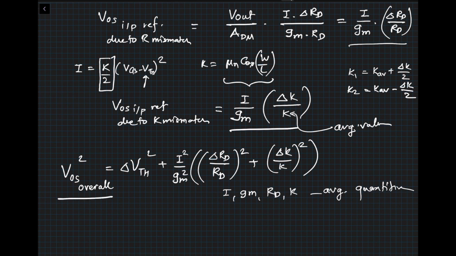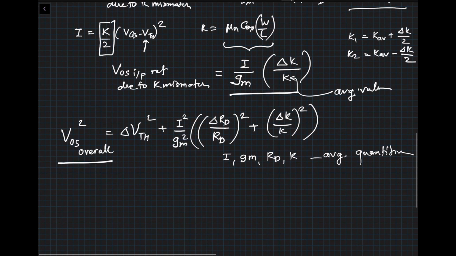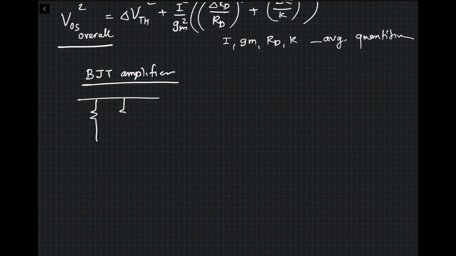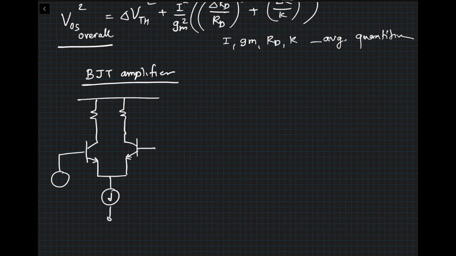You can do the exact same analysis for a bipolar junction BJT amplifier, and we'll go through that. For the BJT amplifier, you will see a pattern developing which will help you apply that logic every time. In this particular case also we will apply an offset between the two. This is our plus minus VOS, so that the output is zeroed out. So this would be RC1, RC2, and this is plus minus V output. Okay, this is VC.